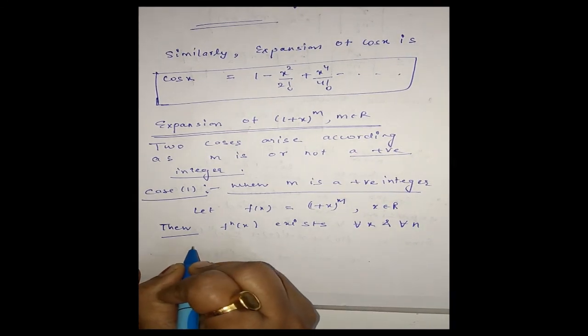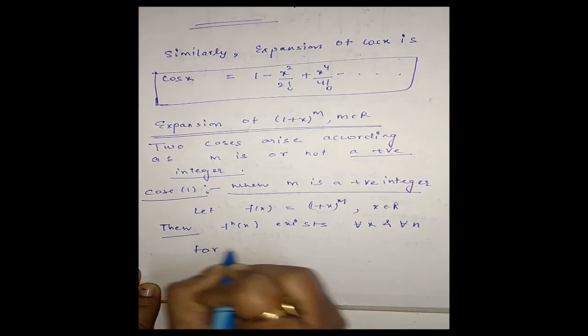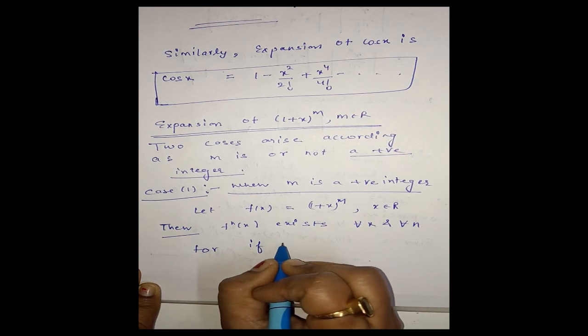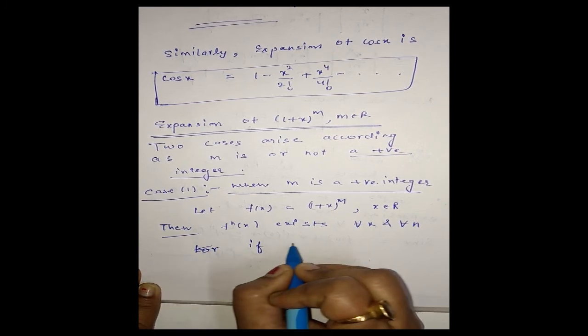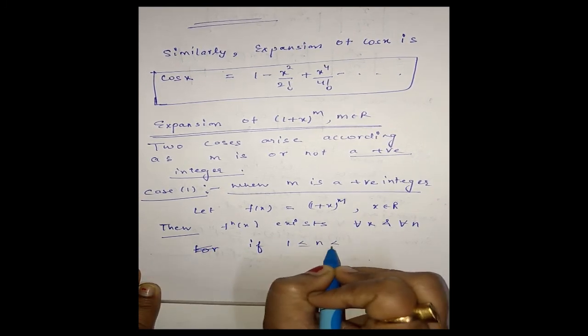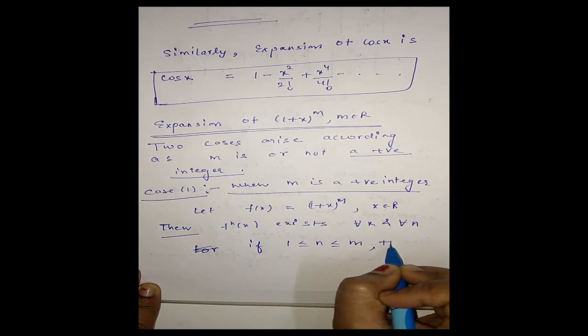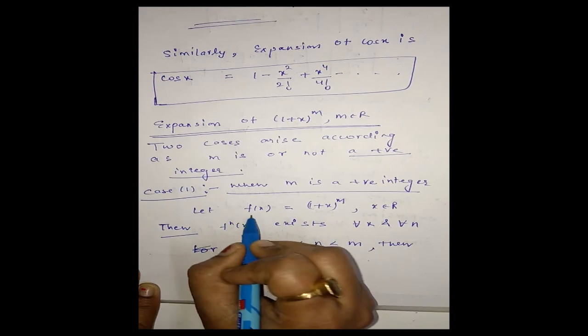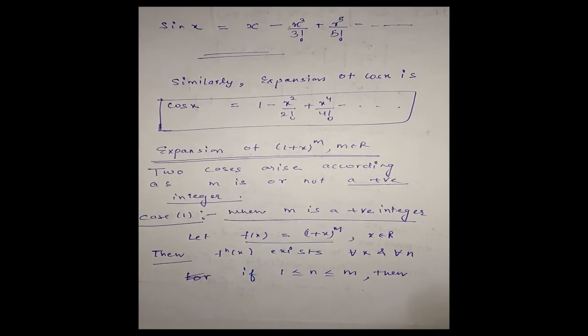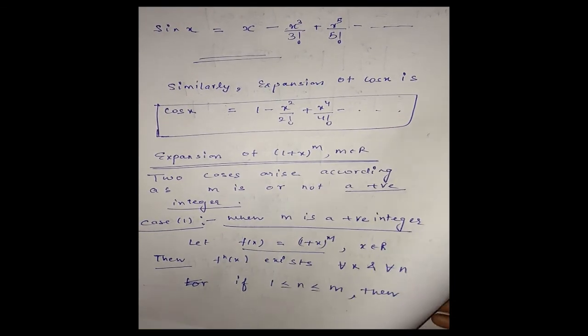Now, if 1 ≤ n ≤ m, then the nth derivative of this f(x) is given by